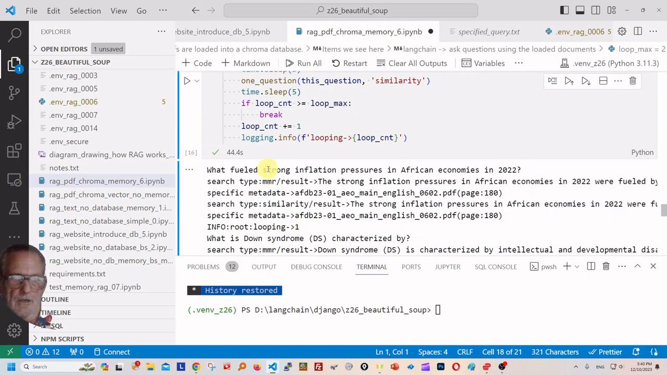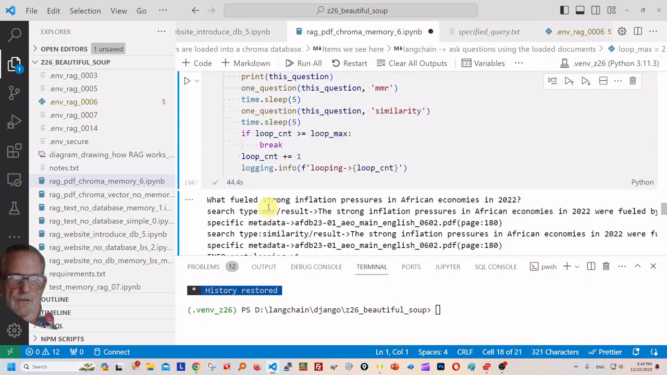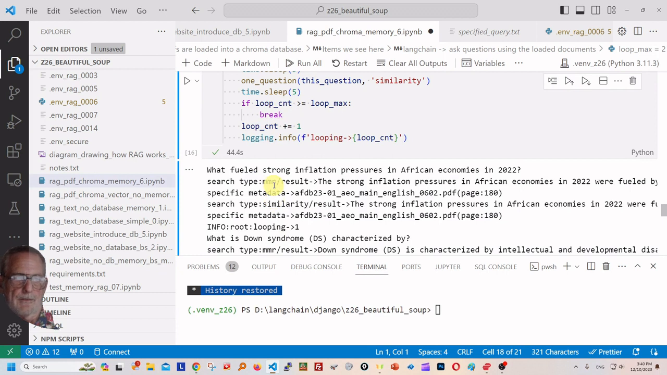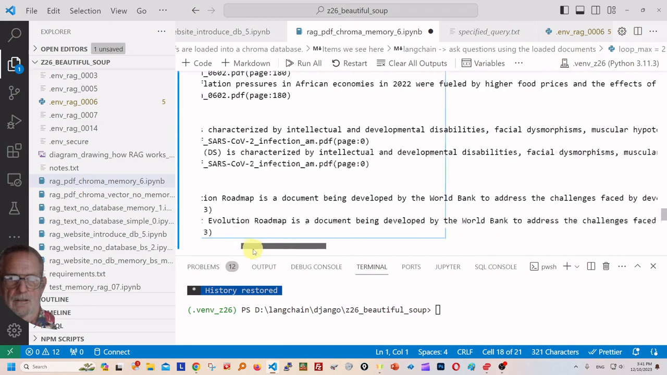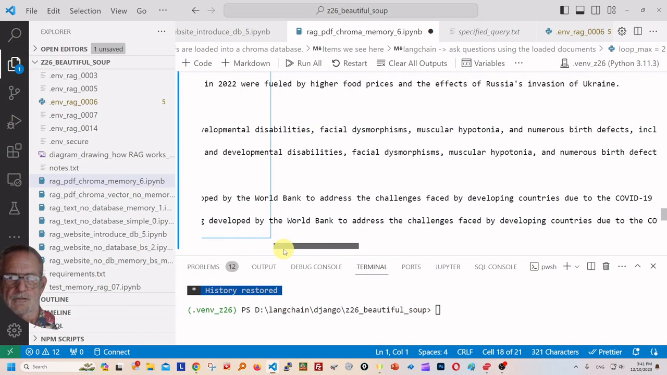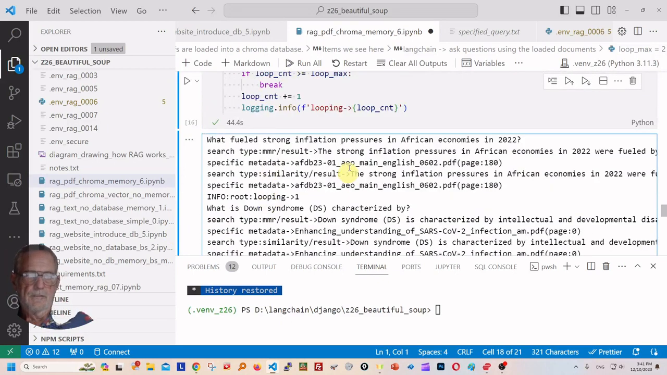Okay, what fuels strong inflation pressures in Africa economies in 2022? Search type. So here we could compare the search types. You can see they're basically identical in this case. The answer: the strong inflation pressures in Africa in 2022 were fueled by higher food prices and effects of Russia's invasion of Ukraine. So this is good data that it wouldn't have had before loading